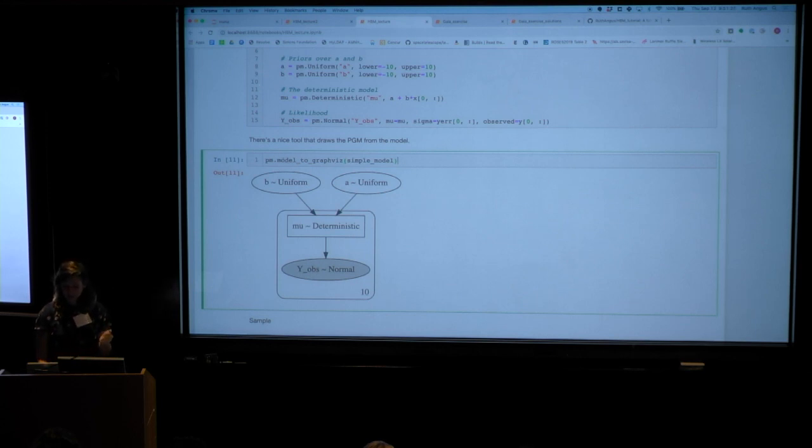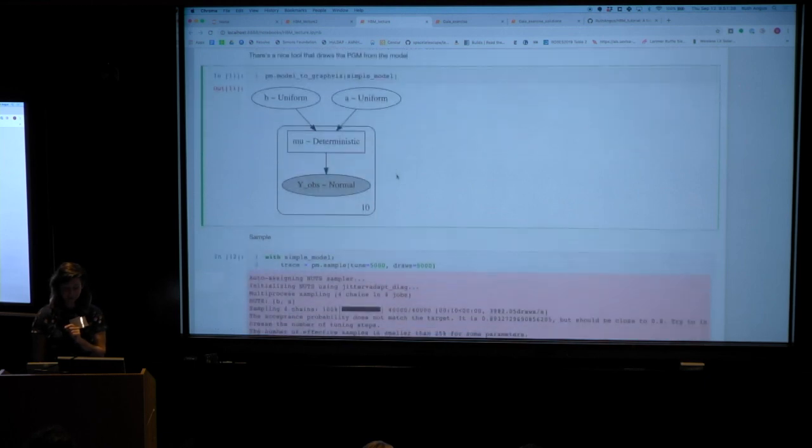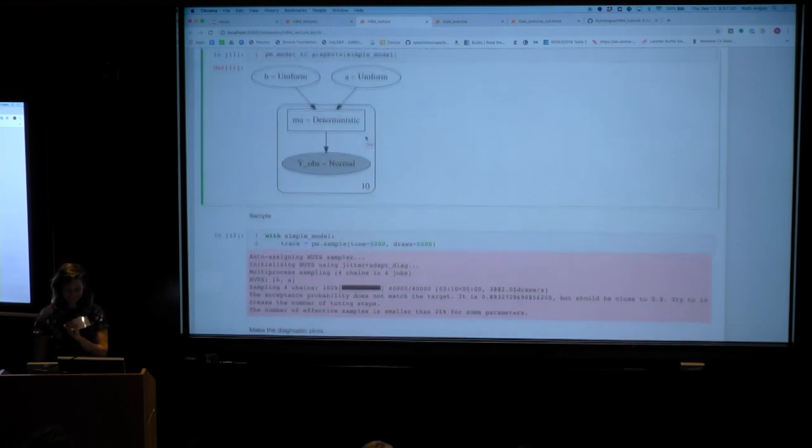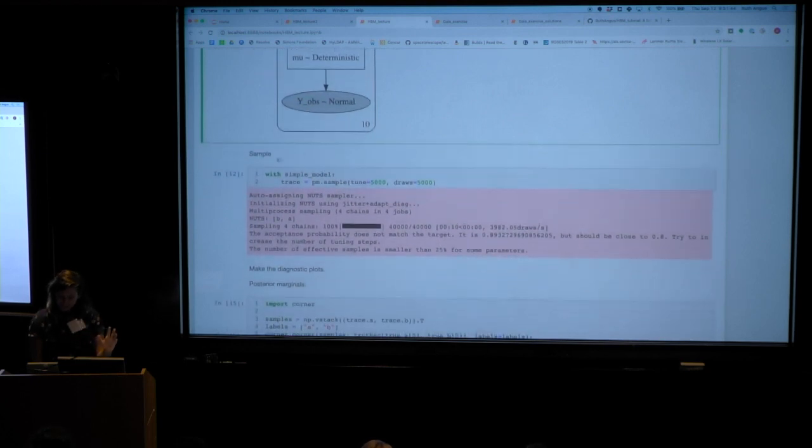So all I'm doing here is using this model to graphviz thing. You might not be able to run that. You might have to install something, but I found it very easy to install. It tells you in the error message how to install it. Okay, and then